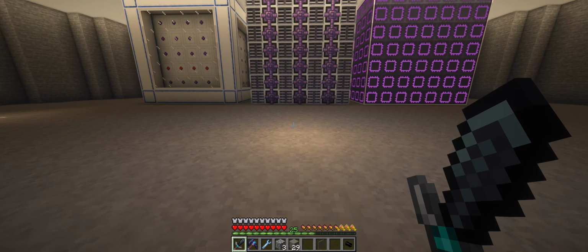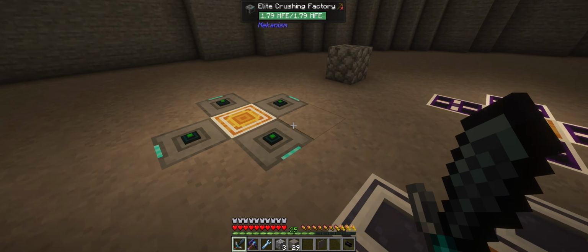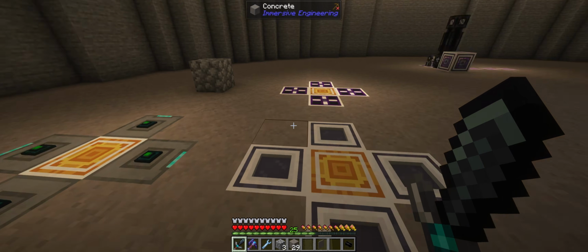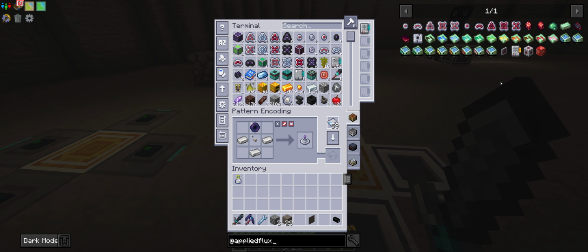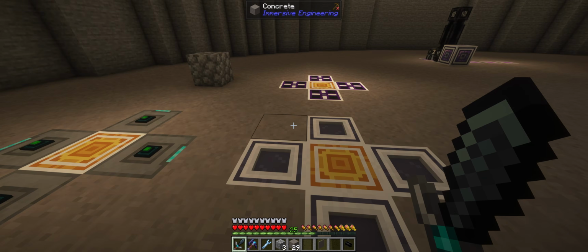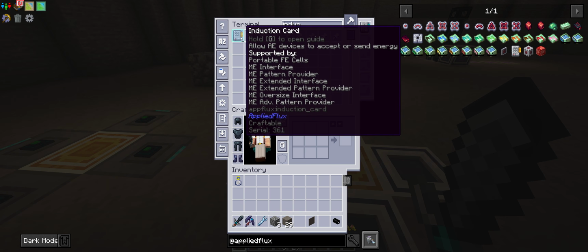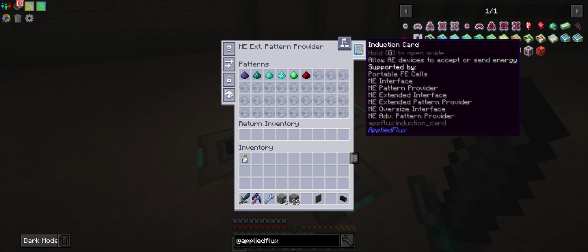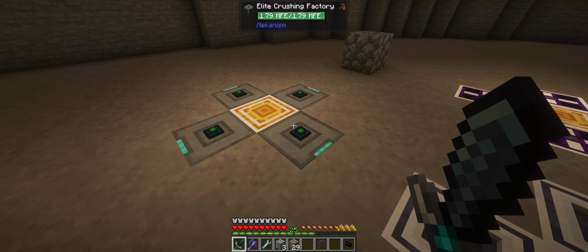All right. With that setup, now we can power all of these devices from the FE cell inside of our system. And this is really cool how it works. Basically, we're going to need an induction card. So I'll make a recipe for that. And what happens with these is you can take these induction cards, and when you put it inside of like a pattern provider, it's going to use the power from your FE cell in here to power the machines that